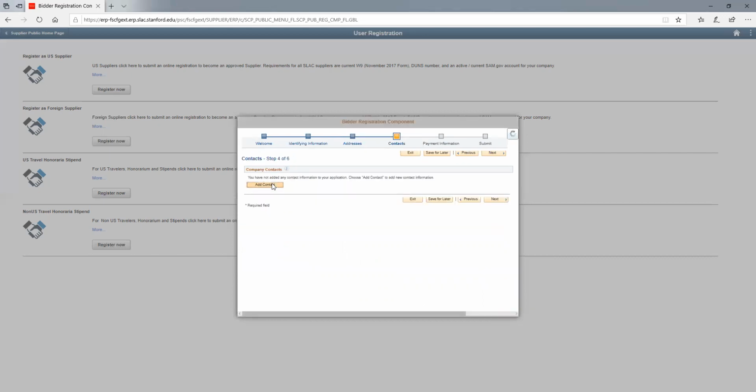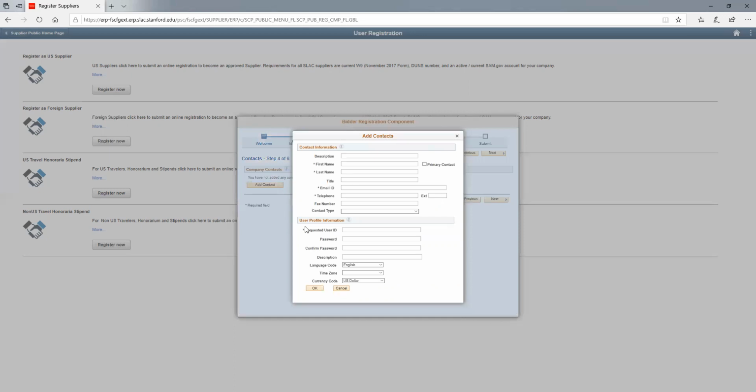Now to add a contact, this will be the primary person to have access into the account. So if you'd like to register it for your company in general, you can do so, and or for multiple people to have access into your account and be points of contact. So here we'll go ahead and put in